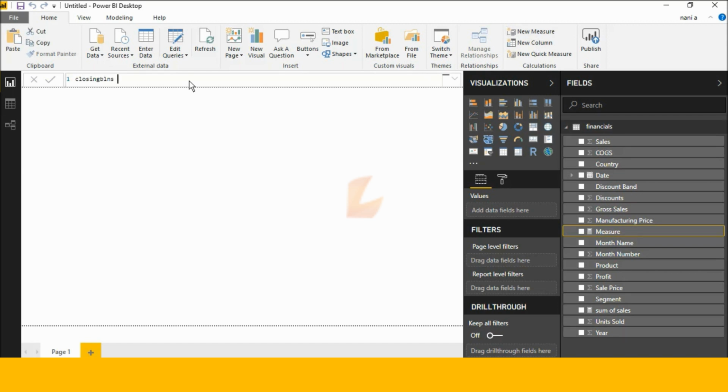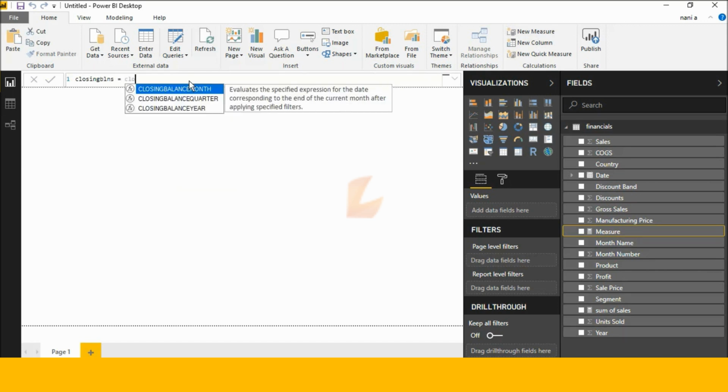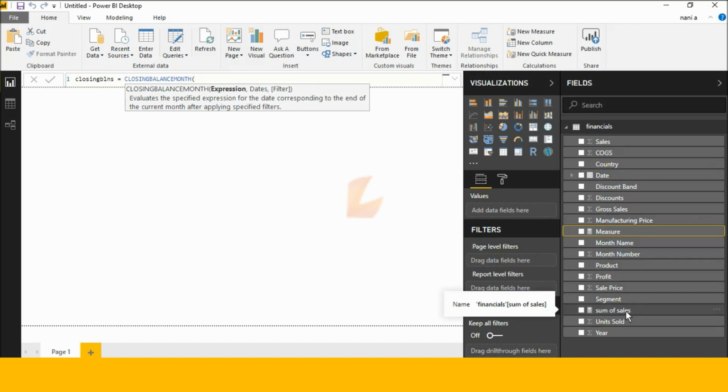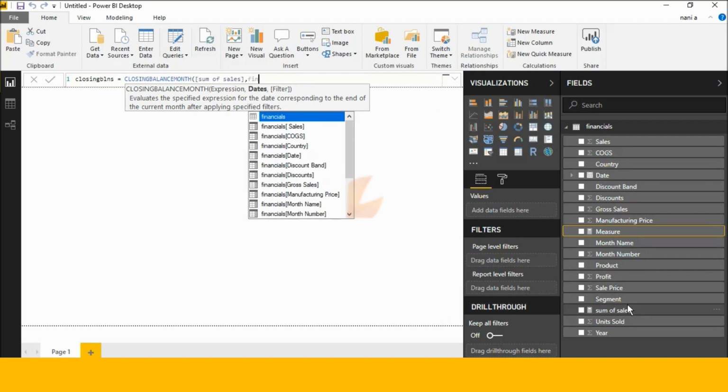closing balance. Okay, see this here, closing balance month evaluates the specified expression for the date corresponding to the end of the current month after applying the filter on dates. Now I am adding the expression. Expression means, see here, this is my Sum of sales, so it's my expression, so I am adding this measure,